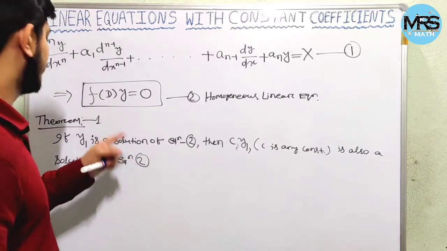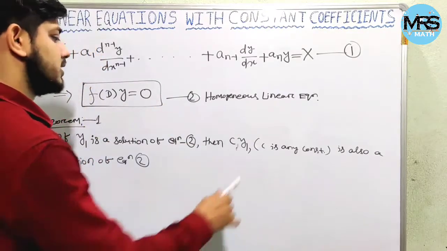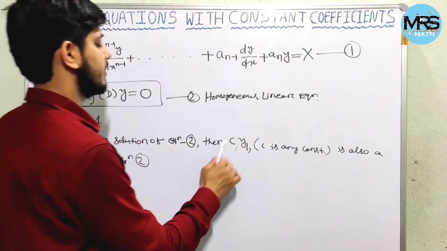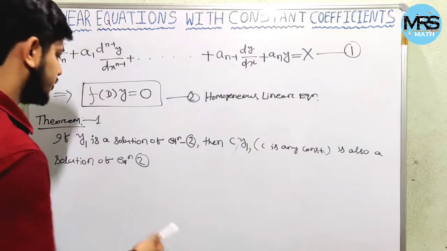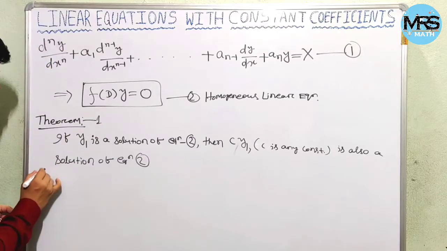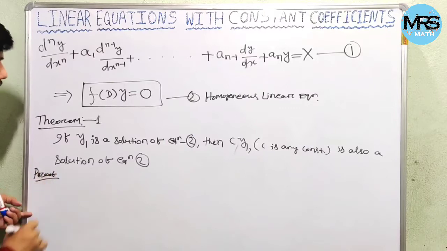If y1 is a solution of this equation, then c y1 is also a solution of this equation. Using property 1 we will prove it. So the proof is: